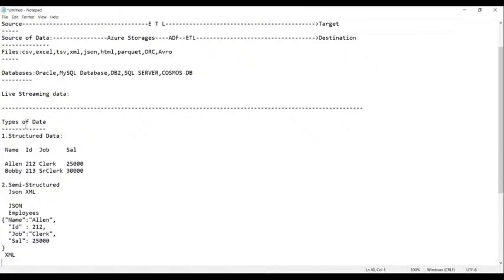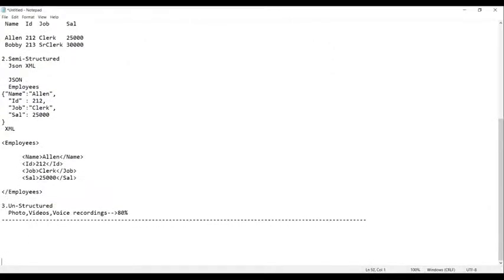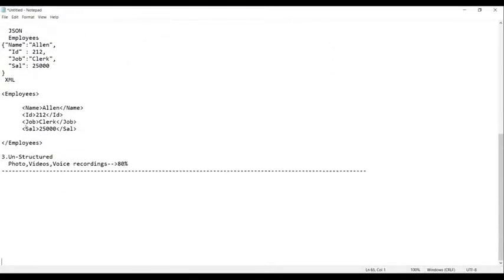Now let us see the following storages in Azure.